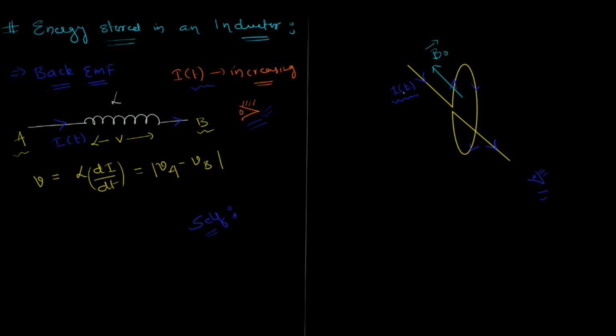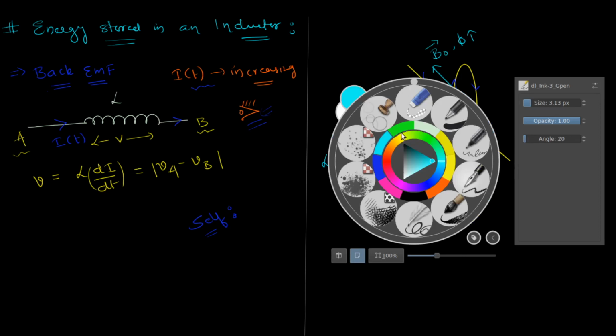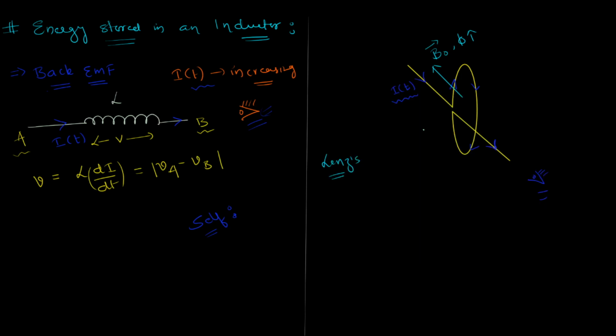And clearly, since the current is increasing, the magnetic field is going to increase, and since the magnetic field is increasing, that means magnetic flux will also be increasing, in fact. All right. Then what should the coil do according to Lenz's law? What should the coil do? According to Lenz's law, the coil should produce a current in such a direction that it in fact tries to